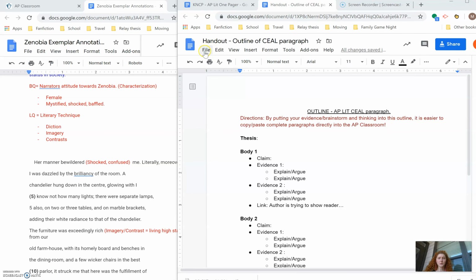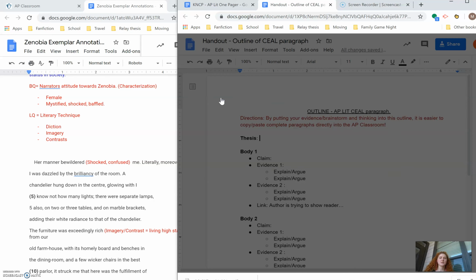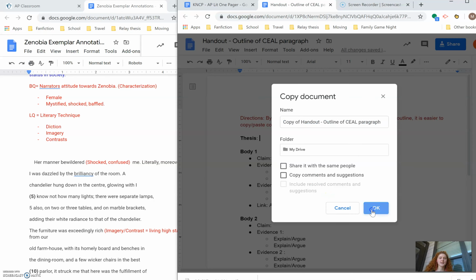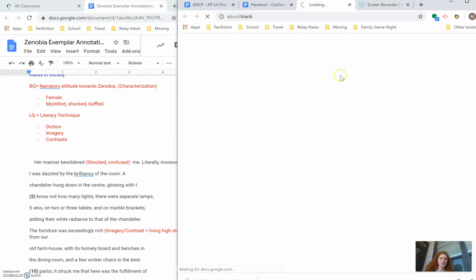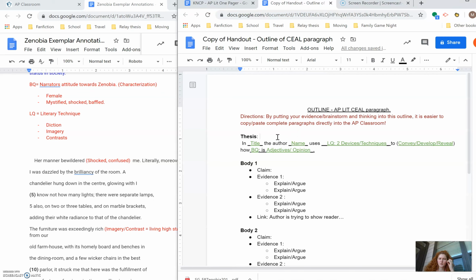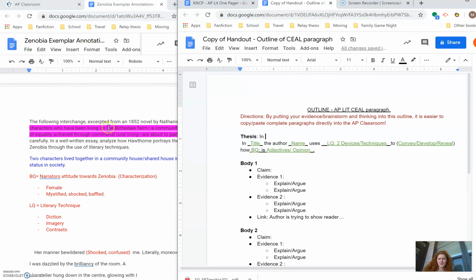What you may need to do when you open this up is make a copy, so that you have the copy for yourself, as opposed to the master copy that's actually linked in the one pager. Okay, so I've got it open and prepped. I've got my fill in the blank, so I can say there's no title for this excerpt. It's just